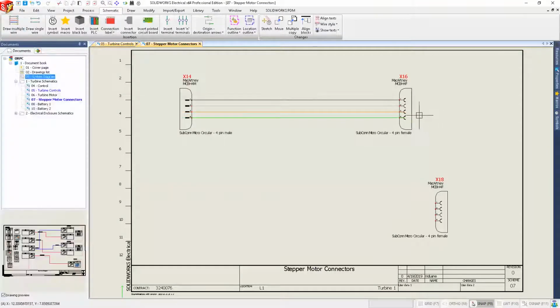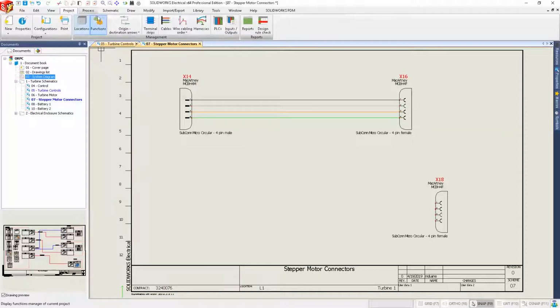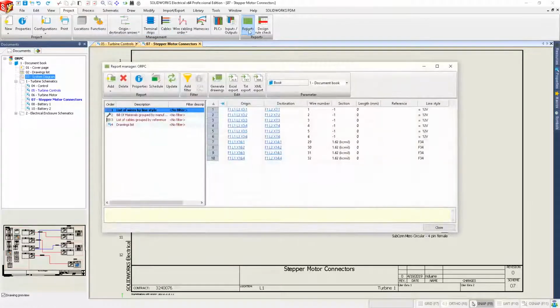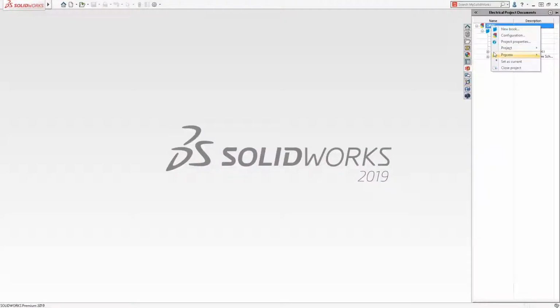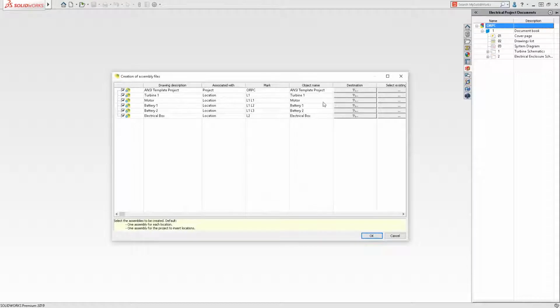Information only needs to be defined once, since it is stored in an SQL database. Any linked items, like our report manager, are automatically updated. Each discipline has direct access to information when they need it, making it a snap to integrate your electrical systems